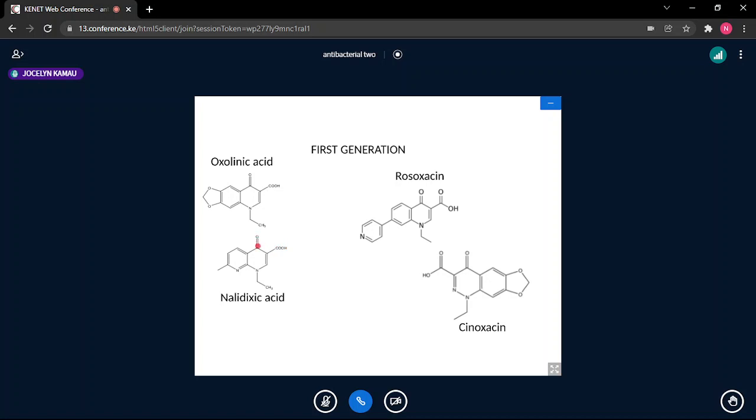At position number 4, it has an oxo group. So that is of great importance, because we will see that this portion here is very important, the pharmacophore. That portion cannot be changed. As we can see, this portion here can be changed. That position there,